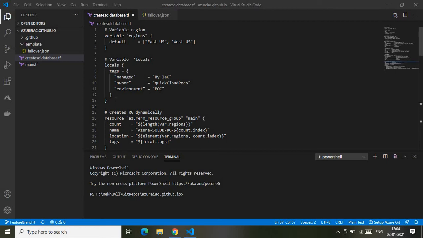As you see here, I have one branch with the name feature branch 1. That is my development branch where I will be doing my coding, that is, infrastructure as code using Terraform. I have one more branch in the GitHub account, the main branch, through which I will be deploying. The feature branch is where I will be coding and creating a plan in Terraform.